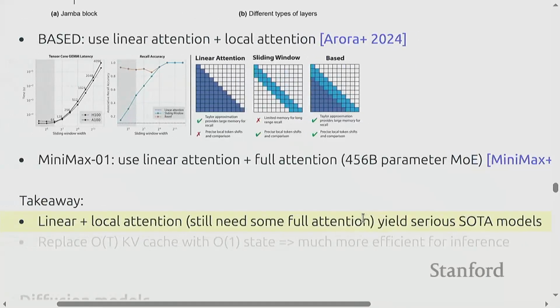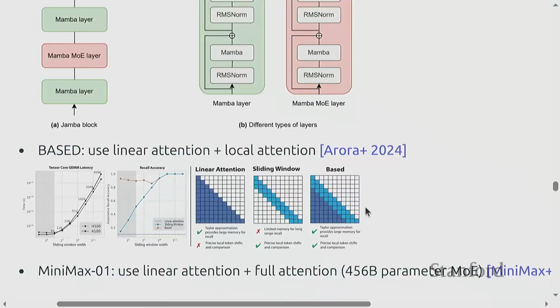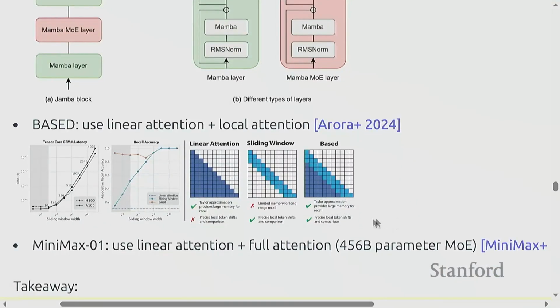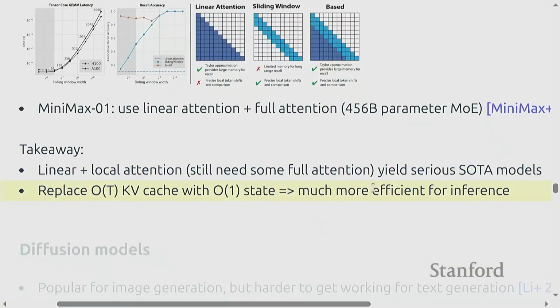So it's an interesting question when people ask, is attention all you need? Is transformers it? Well, yes and no. In some sense there is still the quadratic term there. Maybe we'll be able to get rid of it, but most of the transformer has been pretty radically changed by having other much lighter weight components, and you're still able to get much of the same accuracies. And all of this is really helpful for inference because on these non-full attention layers, you're replacing the order T KV cache, which grows with sequence length, with something that's constant.